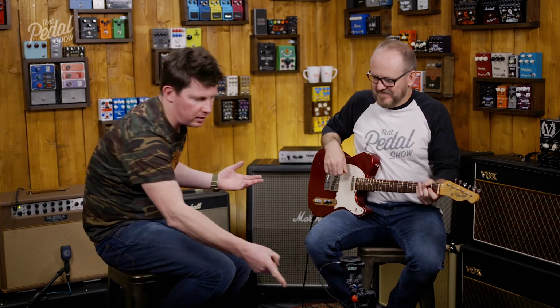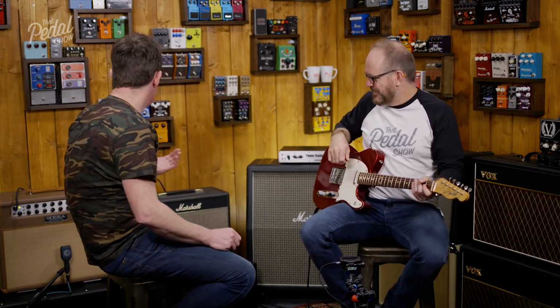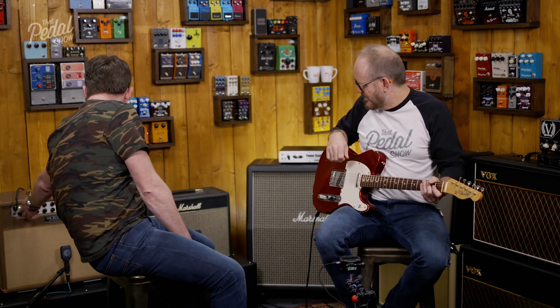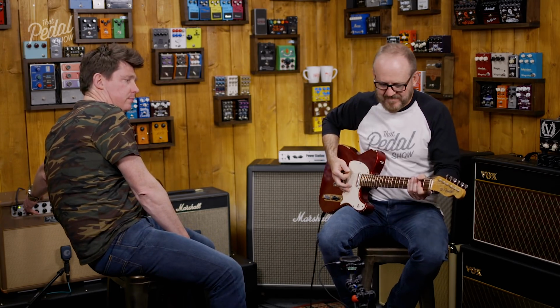So I'm trying to get the Mesa overdriving in the power amp stage, which is difficult because it's down to 10 watts and we were way over 100 dB there. Okay. So it's quite hard to do that. So I'm going to bring up the preamp again a little bit to drive some...